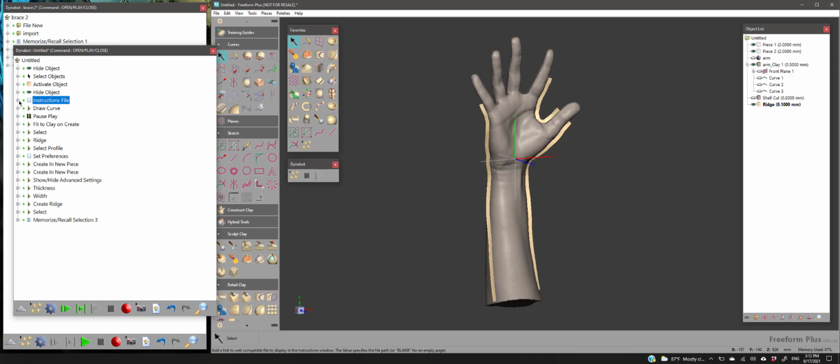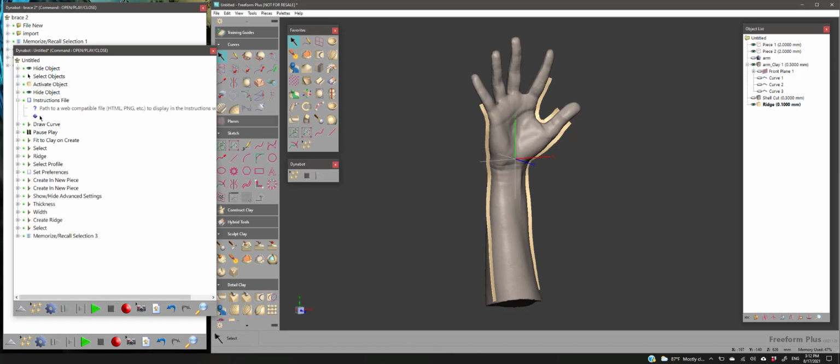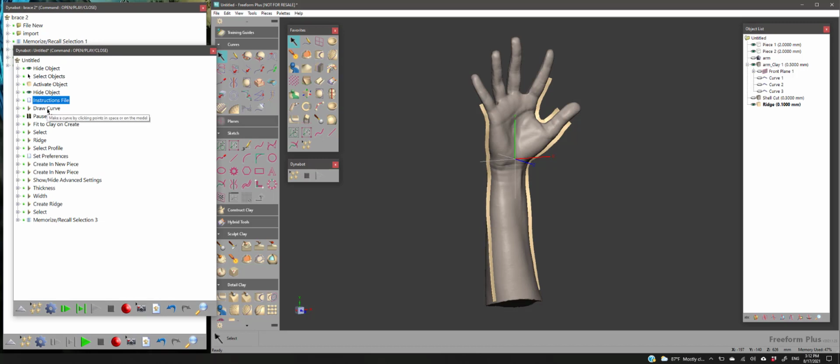So I'll make an instruction, come into edit, draw curves to cut the brace. And then it will pause,